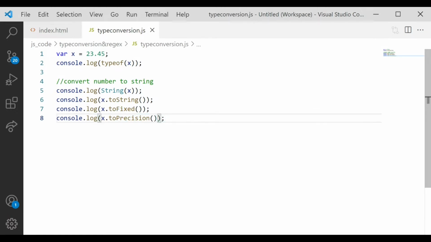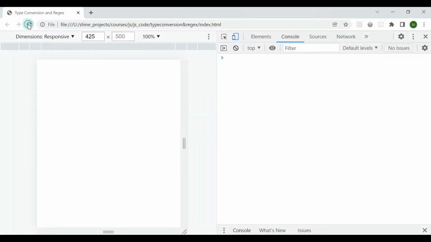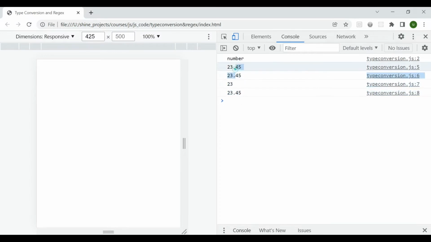So they all return these string values. If I see, you will get all these strings. So all these are string values that you get. Now,